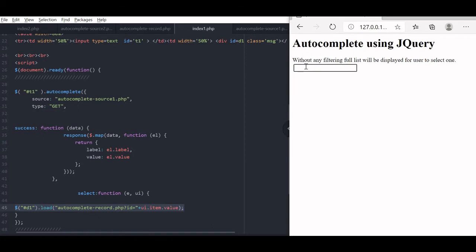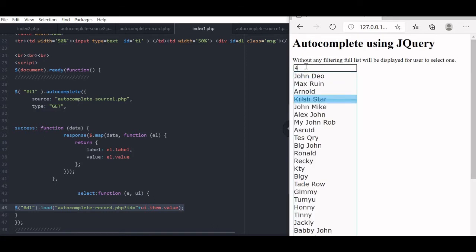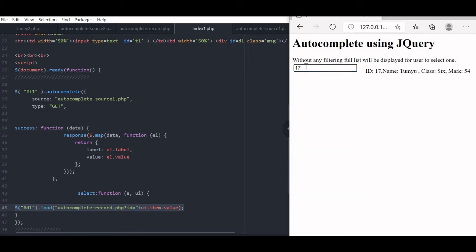Here is our output. Let us type RE. Now, you can see the full table is returned. This is not what we want. For your understanding, we are working in index1.php. Now, let us enter this. You can see the record details have come, but the real challenge is that our backend script also should be able to filter it.